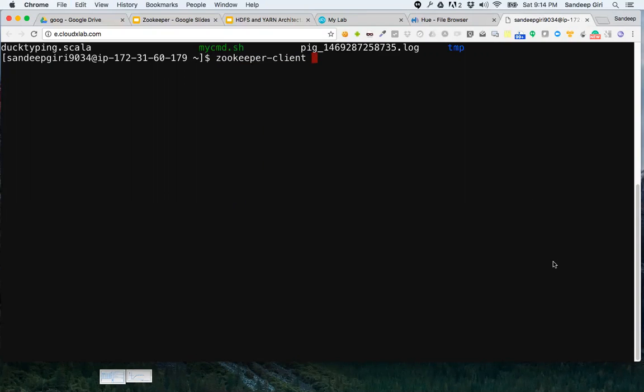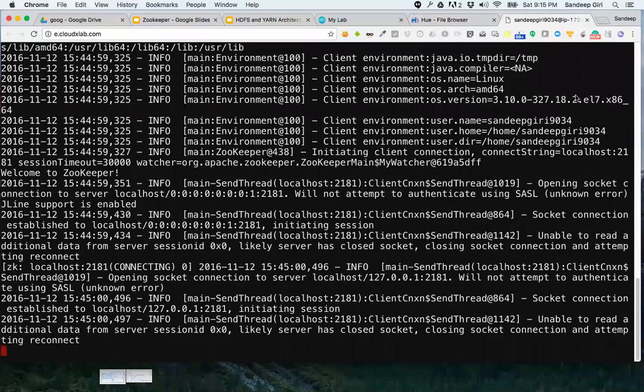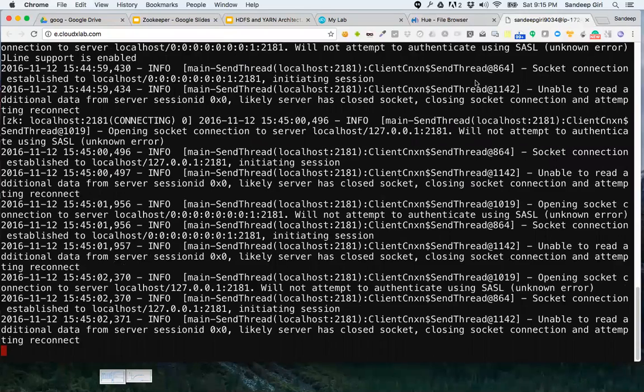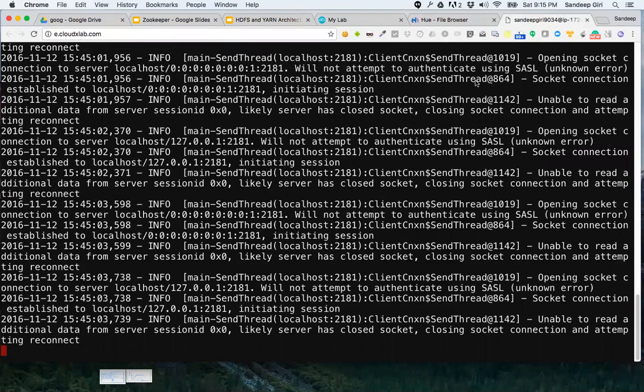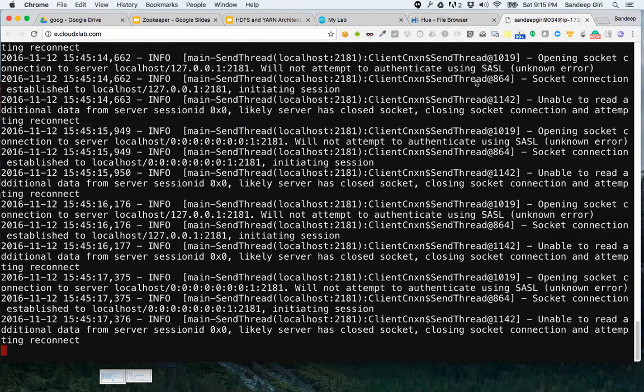Jitan's question is, is Zookeeper used outside of Hadoop as well? Yes. Zookeeper is used by Kafka, and I think by Cassandra and a few more services.